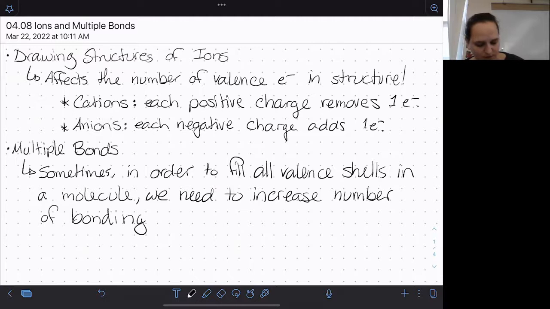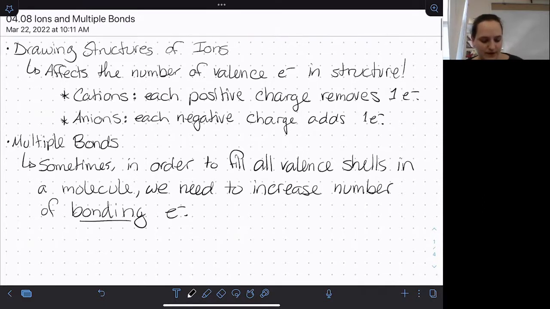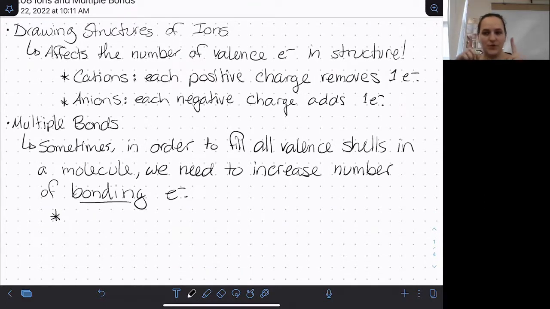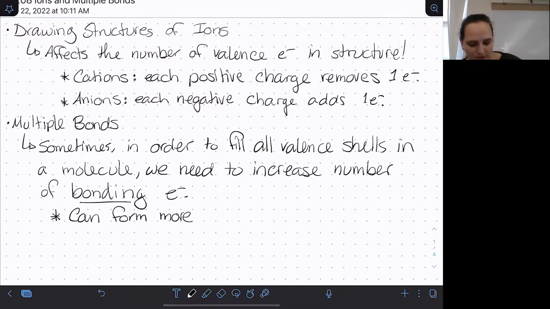So we need to increase the number of bonding electrons specifically. We can do that by forming more than one bond between a pair of atoms. Everything that we looked at yesterday only had what we refer to as single bonds, meaning that there is only one pair of electrons being shared between those two atoms. But we can do more than that. We can form more than one bond